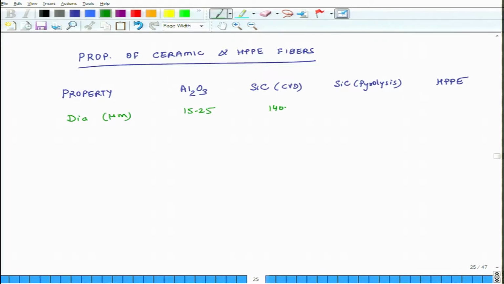So, silicon carbide fibers are fat, they are thick, but if you make them through pyrolysis you can make them really thin. So, 10 to 20, and this is about 38, 40 microns. Specific gravity 3.95. So, these are heavy, okay, 3.3, 2.6, and this is 0.97, and then you have tensile modulus